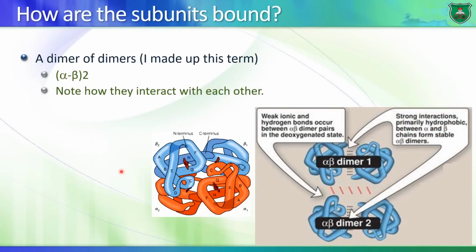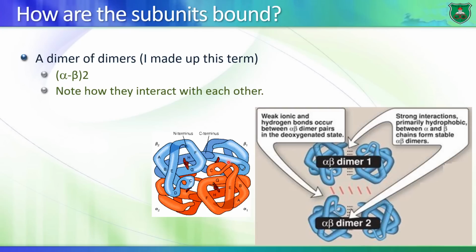Now, if we look at the structure further, it's actually a dimer of dimers, and I made up this term. Basically, you have 2 dimers that are bound to each other. One dimer is known as the alpha beta, and the other dimer is the other alpha chain and beta chain. So it's not like 2 betas and 2 alphas, rather it's alpha beta that is non-covalently linked to the other